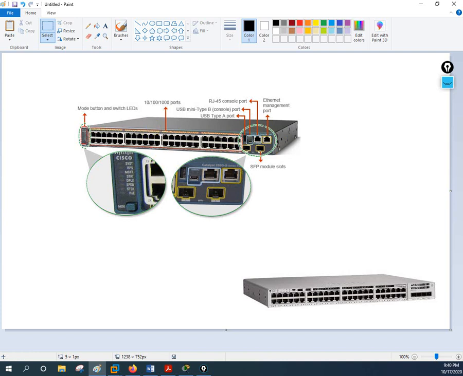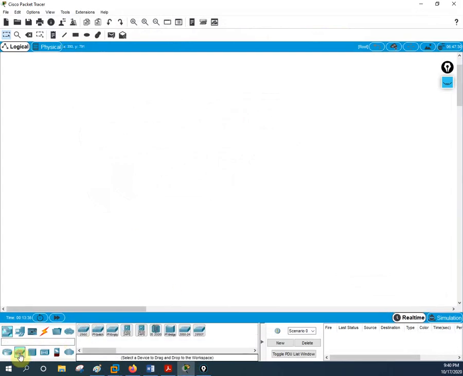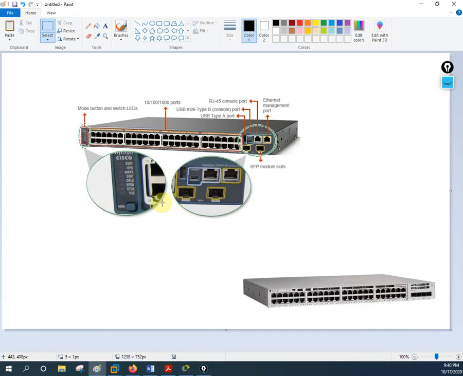You just need to remember, a switch is used to connect multiple devices in the same network. This is a basic point. For the rest, you can Google the images and see the different models. If you go to the Cisco website, you have a large number of models. Or if you go into Packet Tracer and click the switch, you have the model 2960, and this is a multi-layer switch 3560. Whatever is currently available in Packet Tracer you can see, or you can go to the Cisco site to get the latest models running at present.